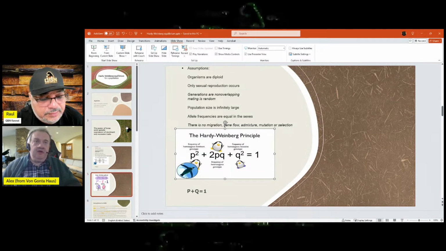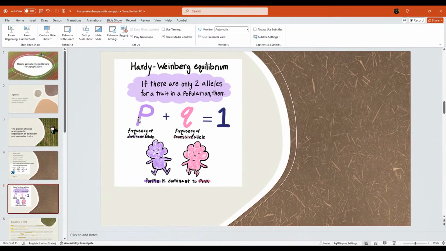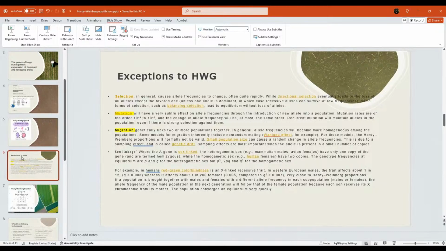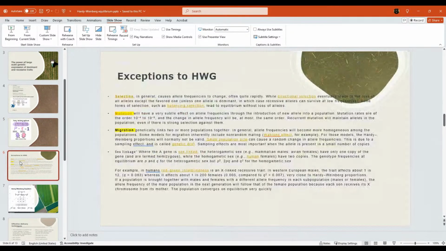So the way it works, as I explained, is P is the frequency of the dominant gene, Q is the frequency of the recessive trait. There are 2 alleles for a given trait, hence the word diploid, and P plus Q equals 1. So we made this little Q drawing here. Let's look at the exceptions. If this rule has so many exceptions, why is it useful? Well,